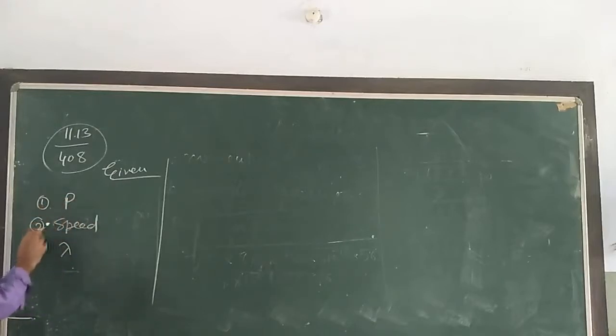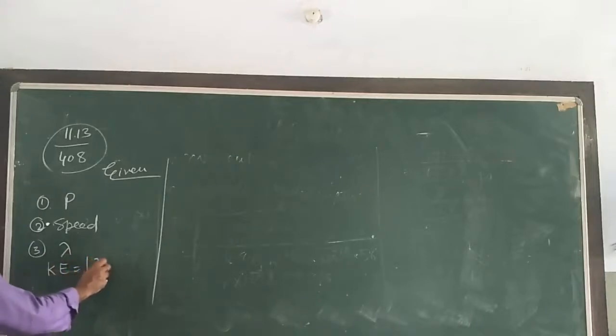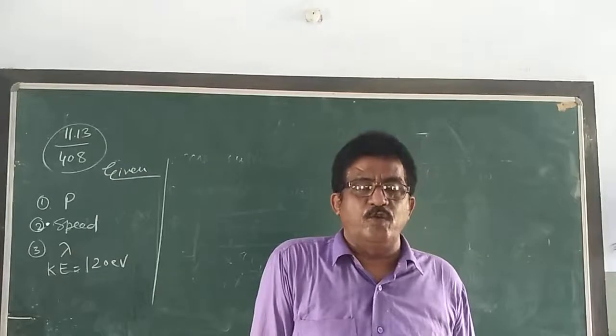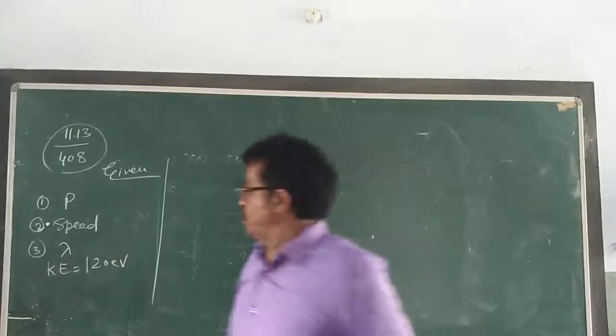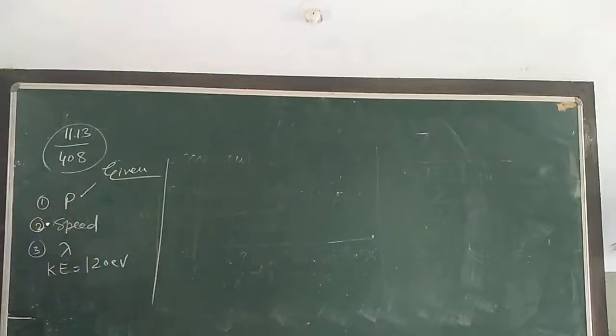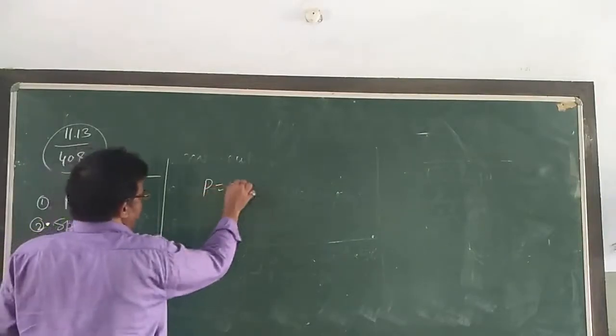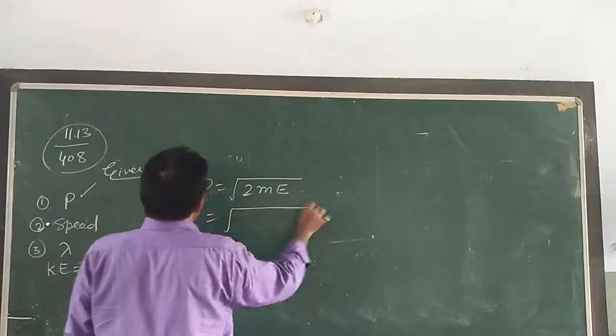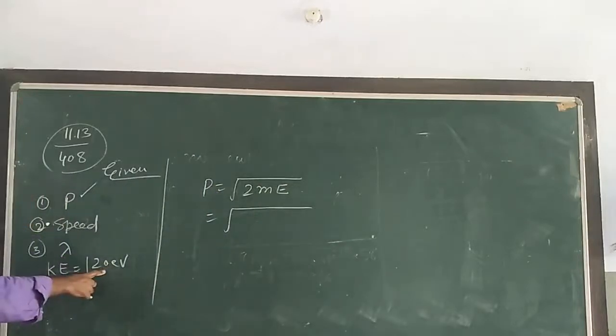तीन चीजें निकालनी है आपको. De Broglie wavelength of an electron with a kinetic energy दिया हुआ आपको only, that is 120 electron volt. एक चीज दी हुई केवल kinetic energy. Or we have to find out three things. First is momentum. Formula for the momentum is p equal to square root of twice m e. This is our formula. This is 120 eV. Okay? So you can write here.